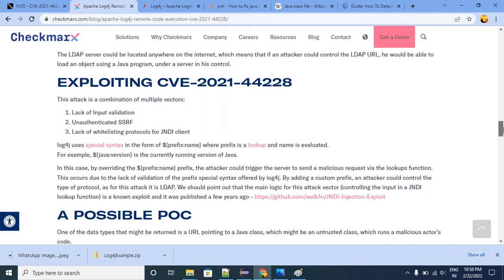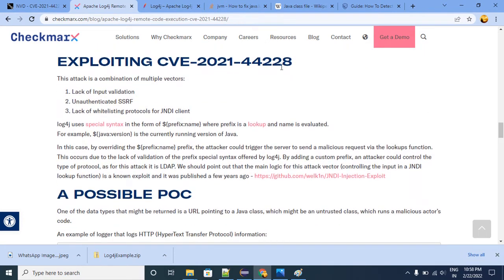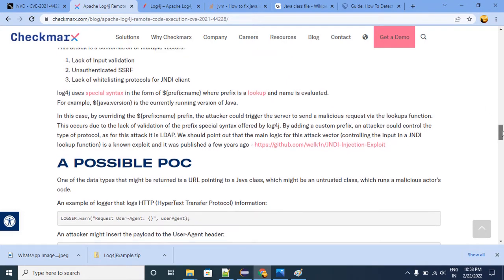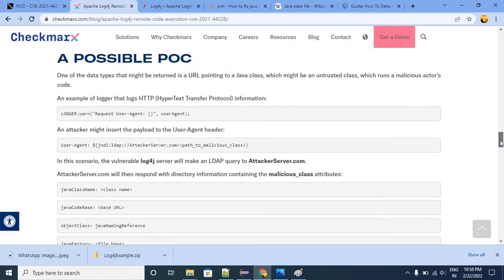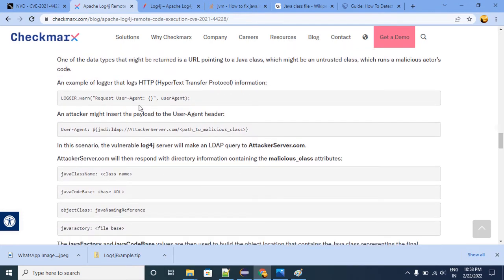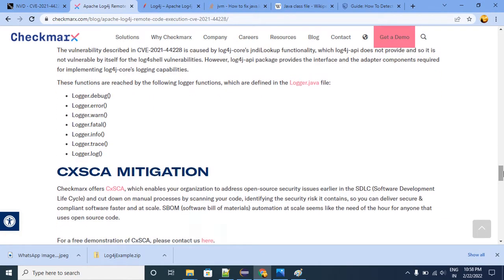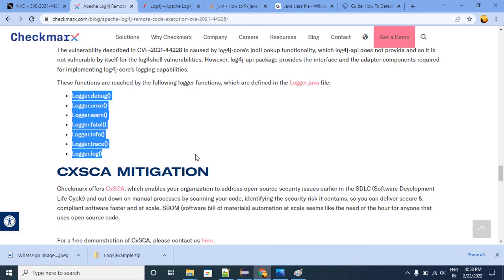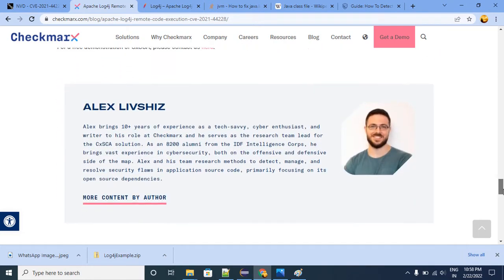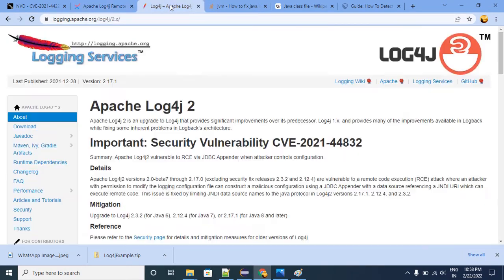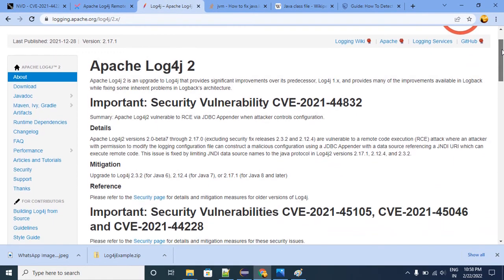How does it work? Exploiting 44228. Whatever information is provided here, I just showed in terms of a practical example. This is how the user agent will give information. Anyway, we are capturing the user agent under logs, so the code will be executed. These are the different types of logging levels, and this is Apache